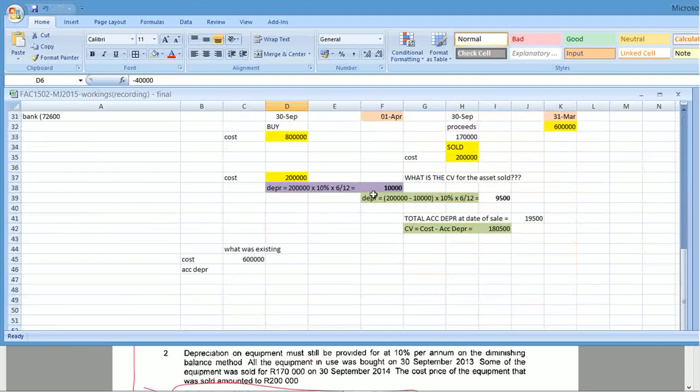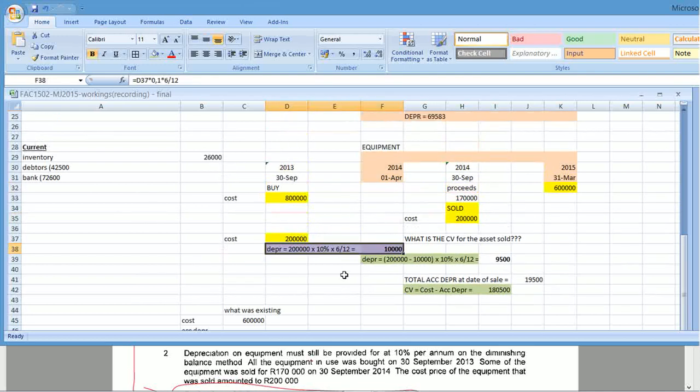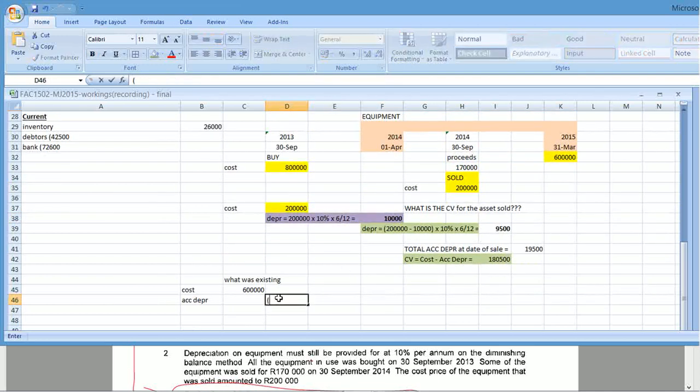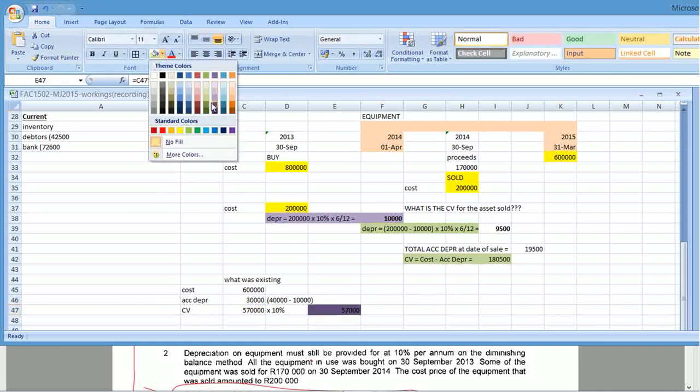But the 40,000 includes this 10,000 here for the asset that you sold. So 40,000 minus the 10,000 for the asset that you've sold. That gives you 30,000. So carrying value here is 600 minus 30. Gives you that. Times that by 10% because you had it for the full year. And that gives you 57,000. So depreciation for the year